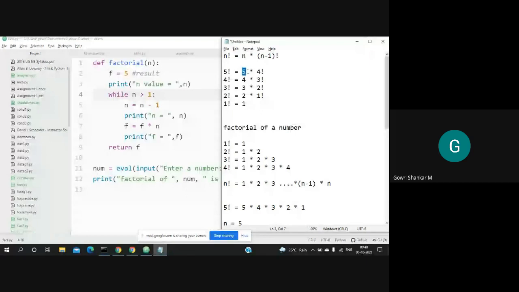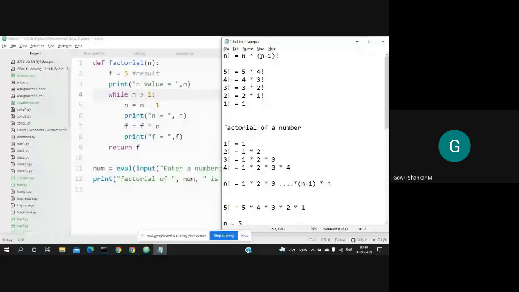But for this formula to work, you need to know the result of 4 factorial. So again you apply the same formula. 4 factorial can be written as 4 into 3 factorial. Then, for this calculation to work, we need to know the value of 3 factorial. So what is 3 factorial? Applying this formula, it is 3 into (3 minus 1), which is 2 factorial. If I want to find 3 factorial, I can take the result of 2 factorial and multiply it by 3. But again I need to know the result of 2 factorial. So what is the result of 2 factorial?